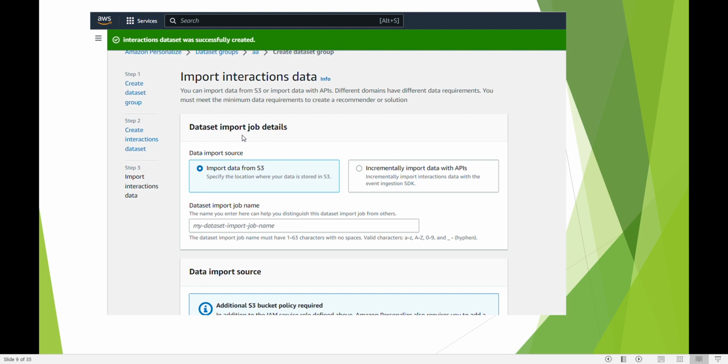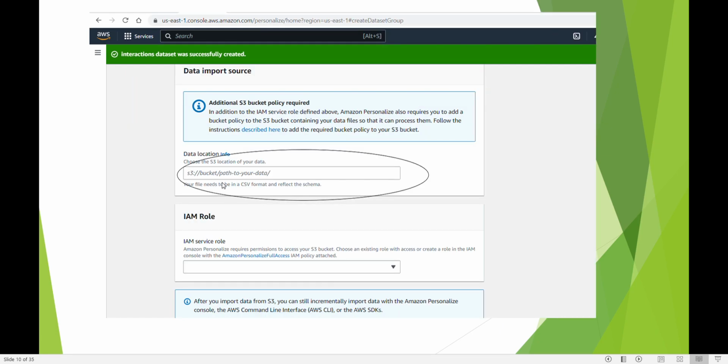Either you are importing it from S3 or you are importing it from APIs. In this module, since we are importing it from S3, we are selecting the first option. You have to give your dataset import job name and your data location, which is the S3 bucket path to your